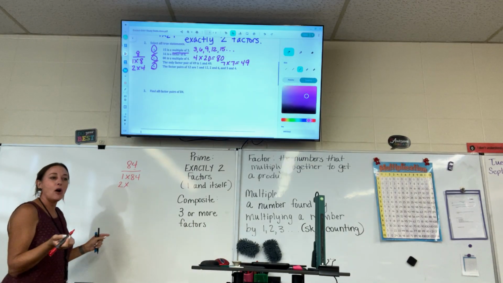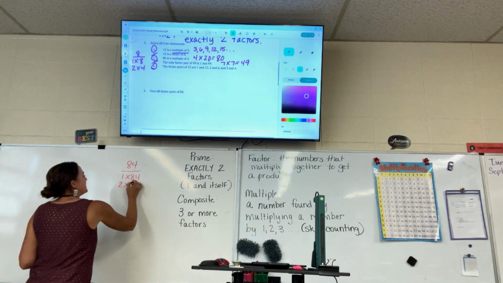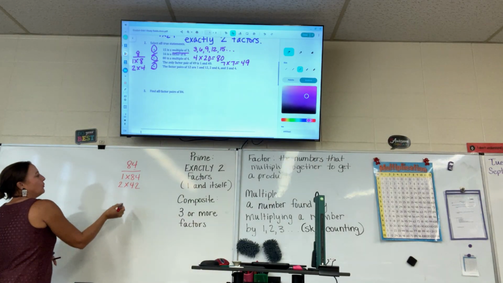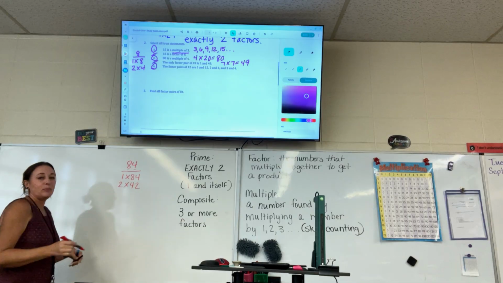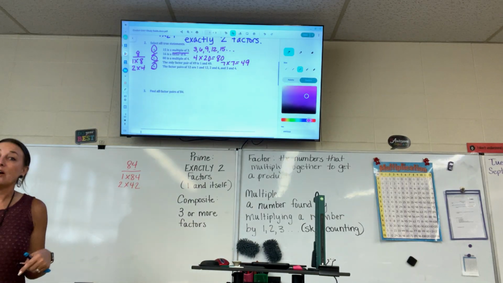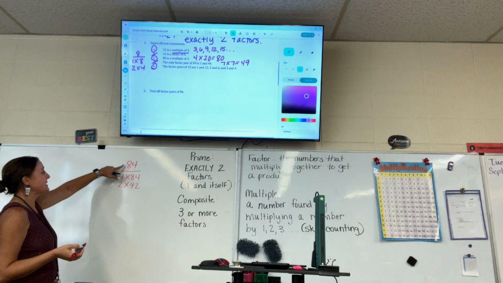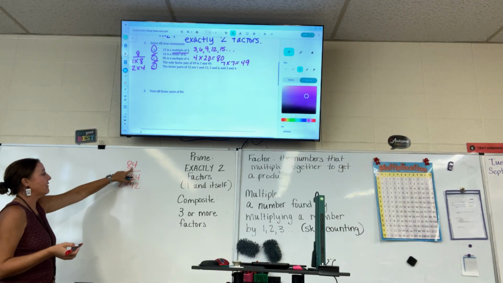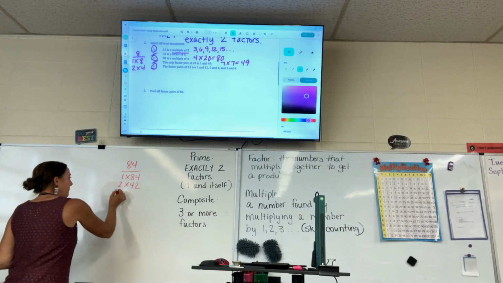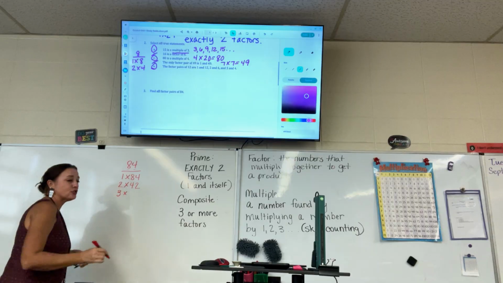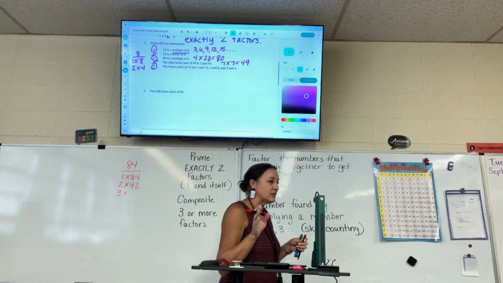That means that all even numbers can be split evenly by 2. So this one works out really good because both of the digits in it are even. So you can just say what's half of 8? 4. What's half of 4? 2. All right, I'm gonna tell you a little trick and you're not gonna have to know this for the test, but